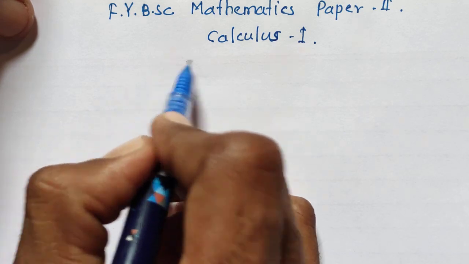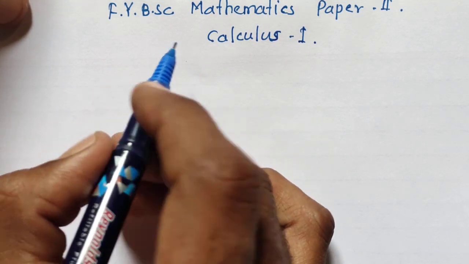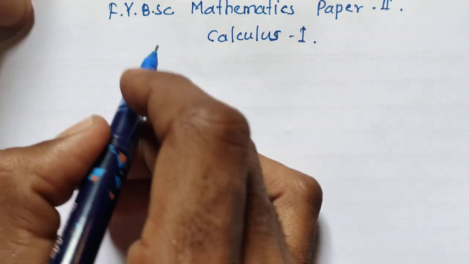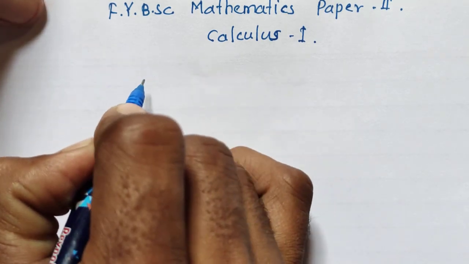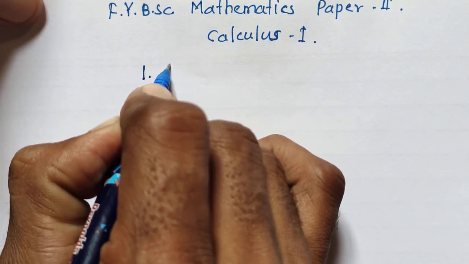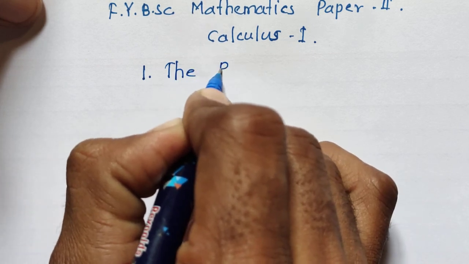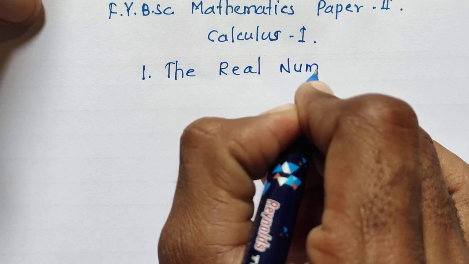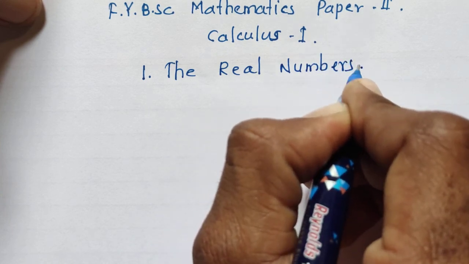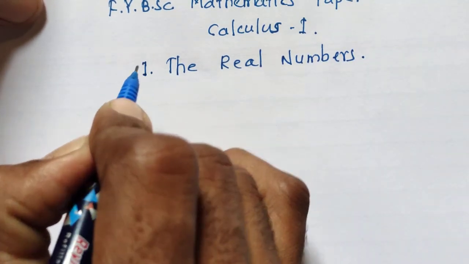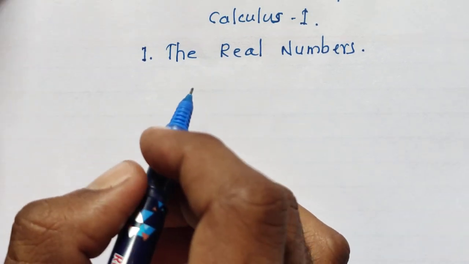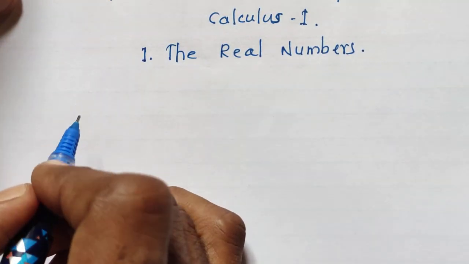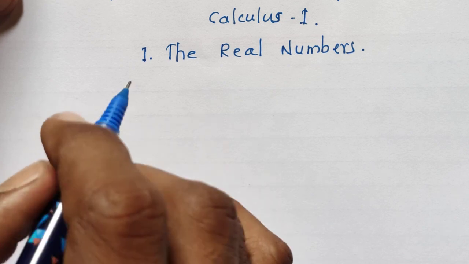So in this whole paper of first semester, we will discuss 4 chapters. Among those 4 chapters, we will start with chapter 1, the real numbers. We are familiar with these real numbers since our childhood, because in 4th or 5th standard we have seen the